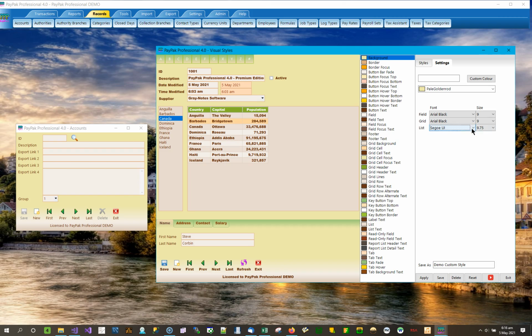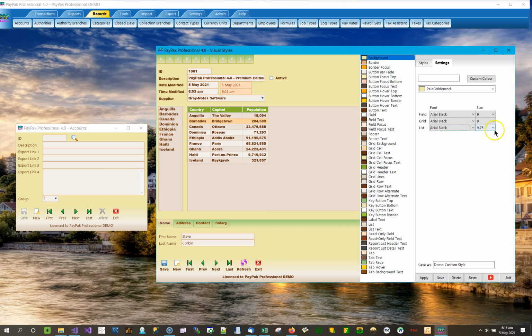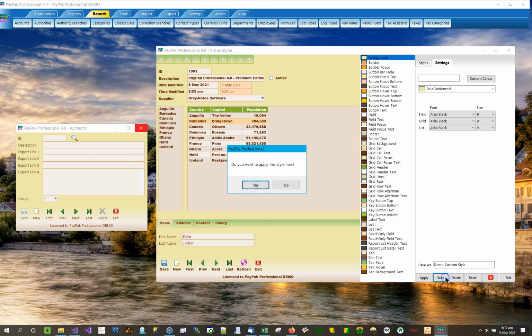And for my list, I could leave my list there. I could make the list something different if I wanted to, but you get the general idea. Arial Black and also 9. So I have this uniform Arial Black 9 for my screen elements. I'll save that,